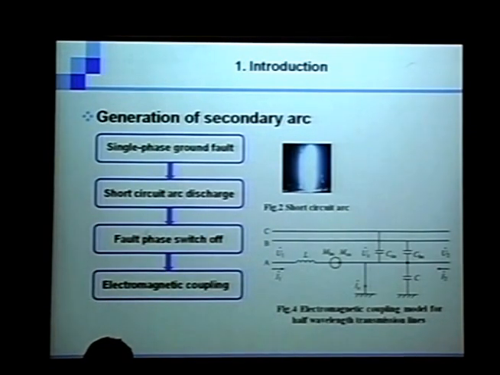Generally, the second arc follows the first primary arc. It's a short circuit arc discharge. Then comes the second arc, which is normally generated following the single-phase grounding fault. When the short circuit arc discharge happens, the fault phase is switched off on both ends. Then